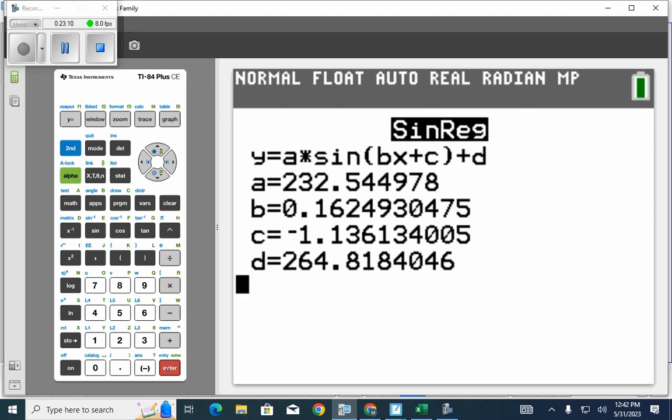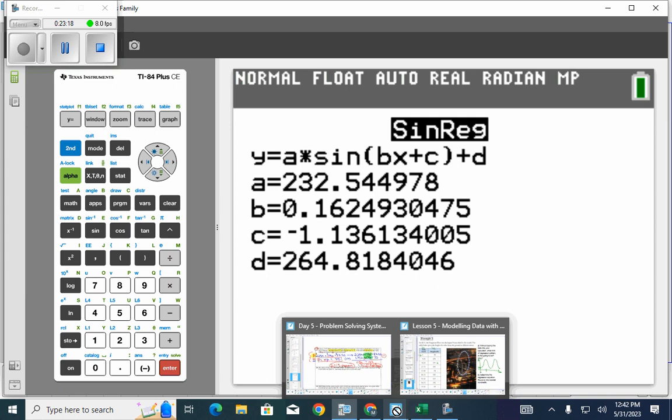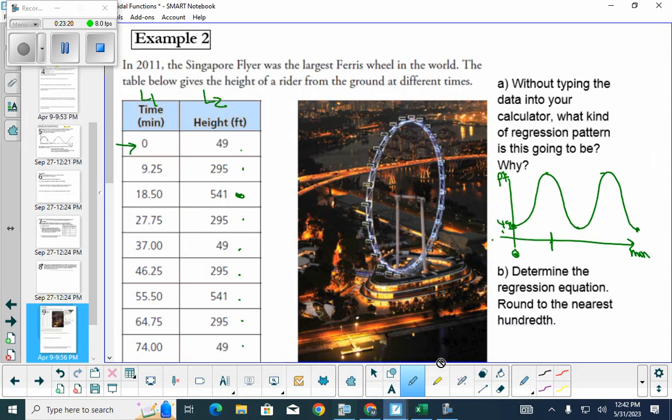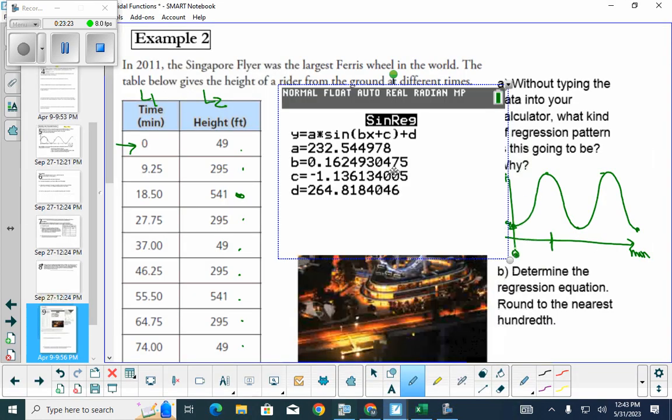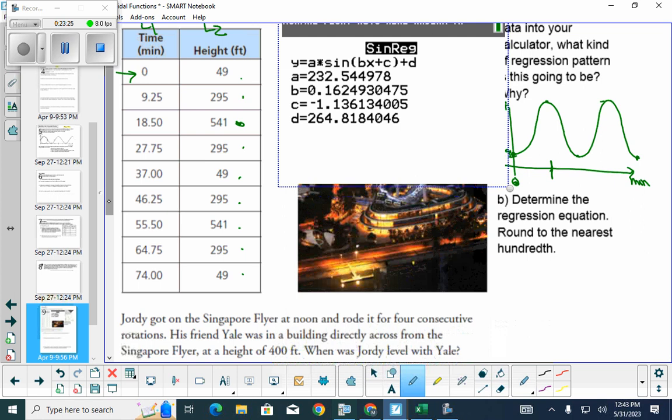So it says for part B, determine the regression equation, round to the nearest hundredth. So how many decimal places is hundredth again? 2, right? So the regression equation would be y equals, so A is 232.54 sin 0.16 x minus 1.14 plus,